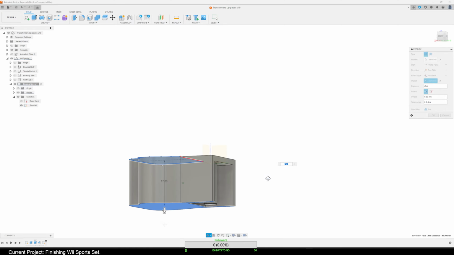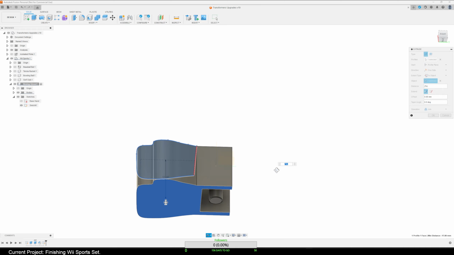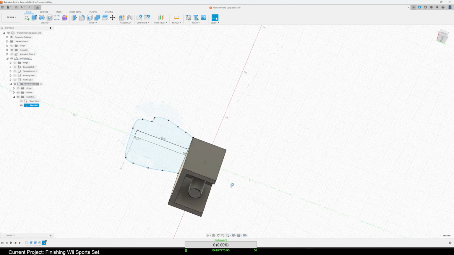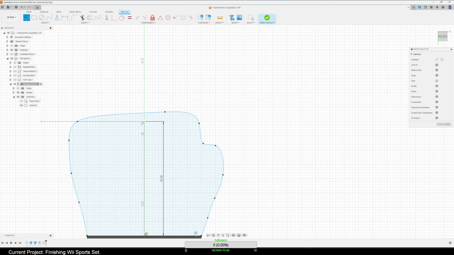Give it that. I need to cut. I need to cut this. I need to